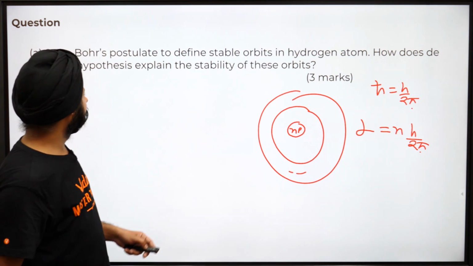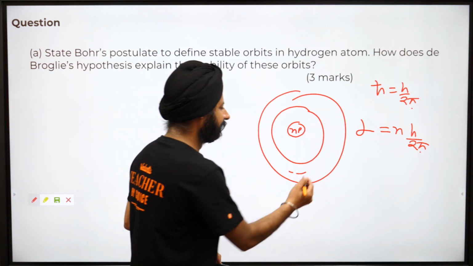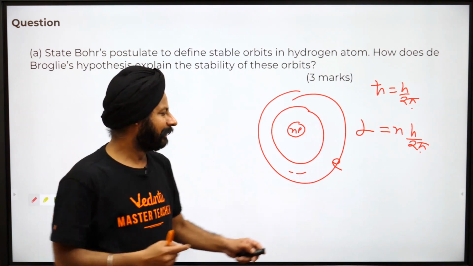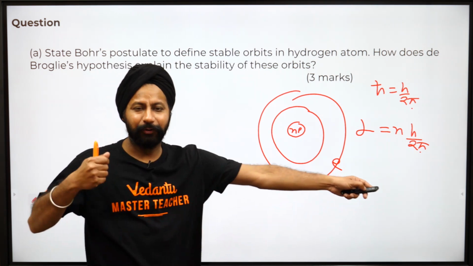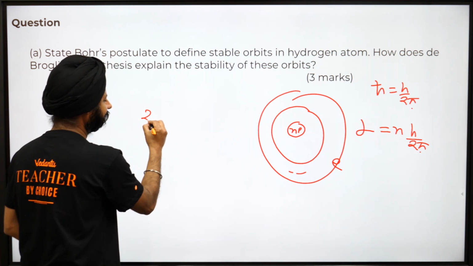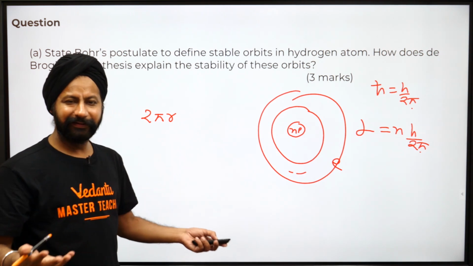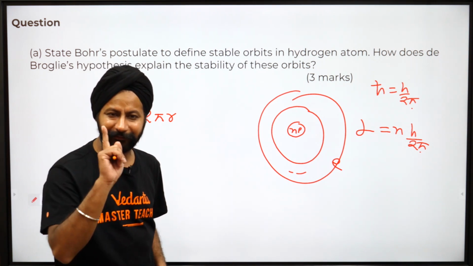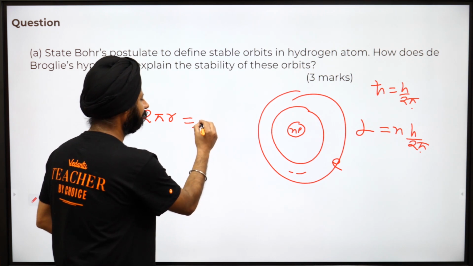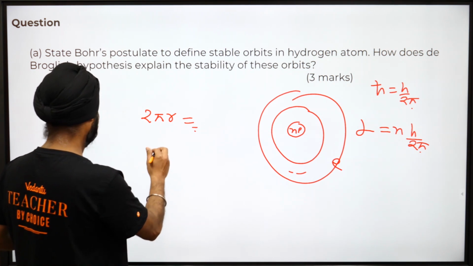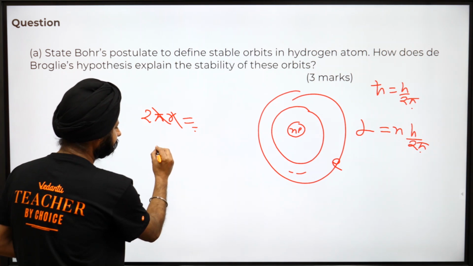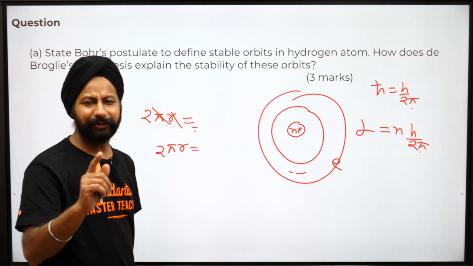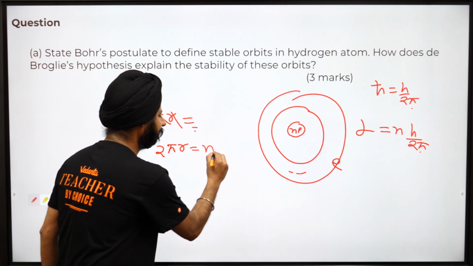Now when de Broglie is saying the electron is a wave, this wave has this much of a path here. Like the length of the rope, this length is the rope. How much length is it? 2 pi r, right? 2 pi r has to be an integer multiple of the wavelength. One minute, this went a bit off here, so let's do it again. So 2 pi r, which was the length of the rope, has to be an integer multiple of the wavelength.